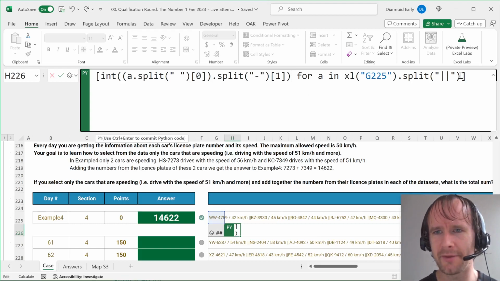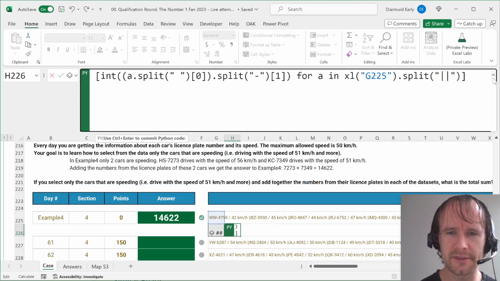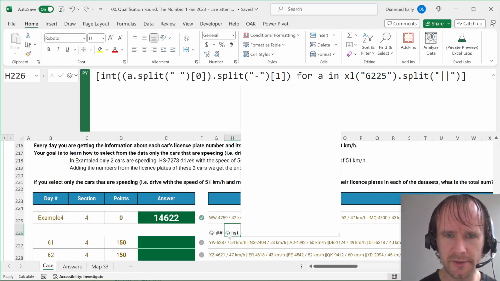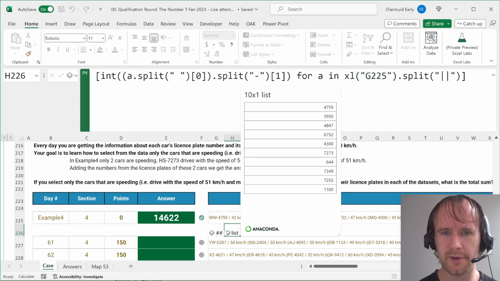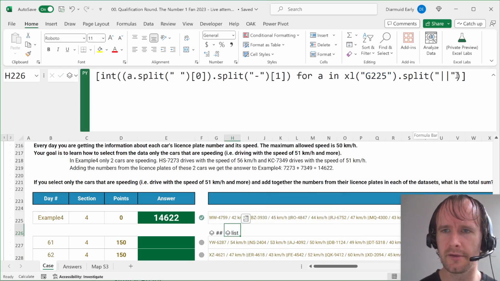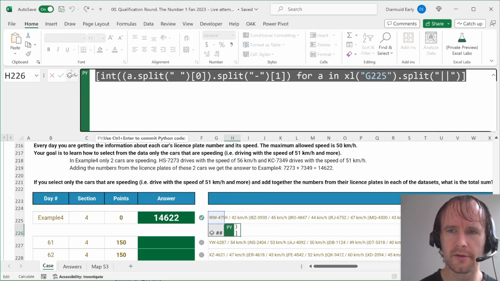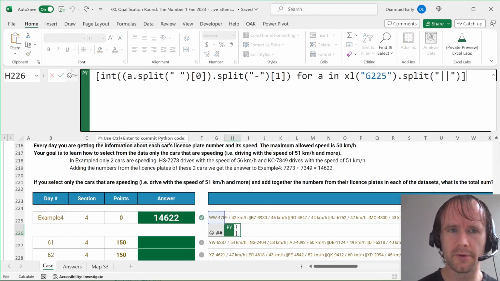and then I want to take the int of all that. Okay, and then I want to do that if the speed. Well, let's just start with this. Does this give me the list of numbers? It does. Okay, good. So then, I guess, let's just do it one piece at a time, and then I